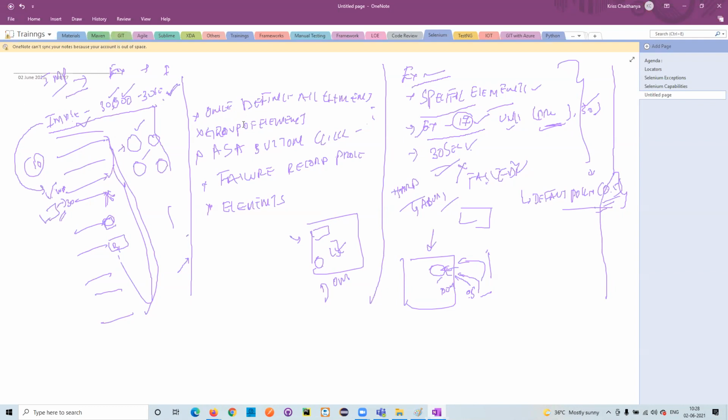So you have to be very cautious. Where should I use implicit wait? Where should I use the explicit wait? Implicit wait can be used in such a way that on a home page I need to validate 100 elements, 100 links. That's not a showstopper for me, it's lightweight. It means I need to validate the text boxes and text. At that time I can use the implicit wait for that particular home page.